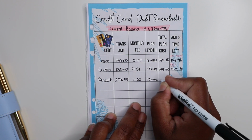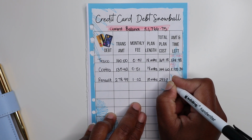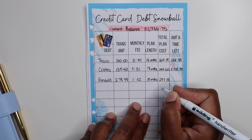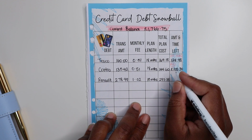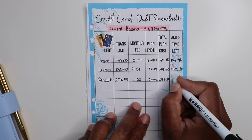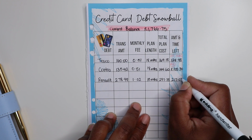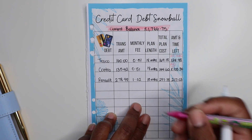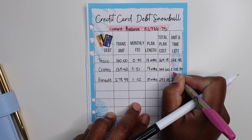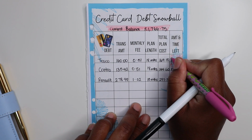Total plan cost is $297.35, and the amount we've got left is $217.03. Okay, and we have got 15 months left on that. So you can see I've not had these plans for a long time at all. I've really not,